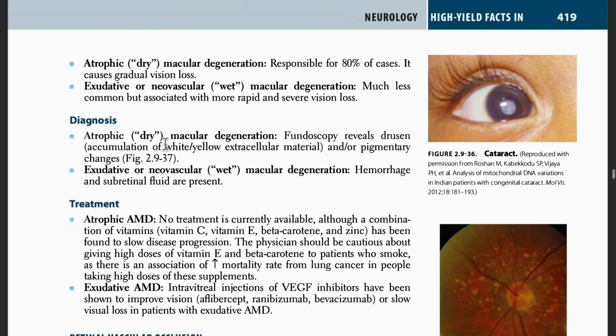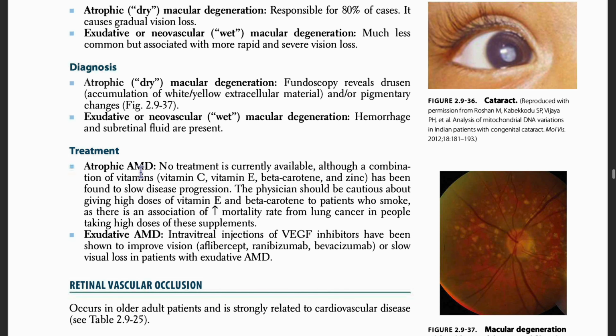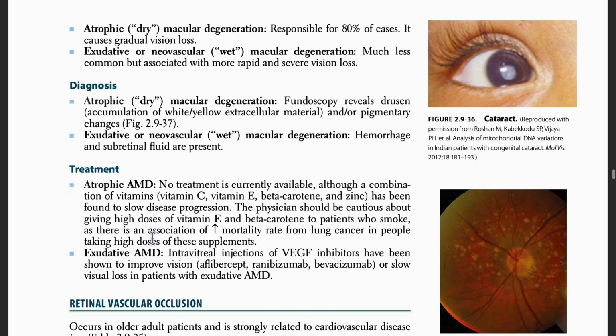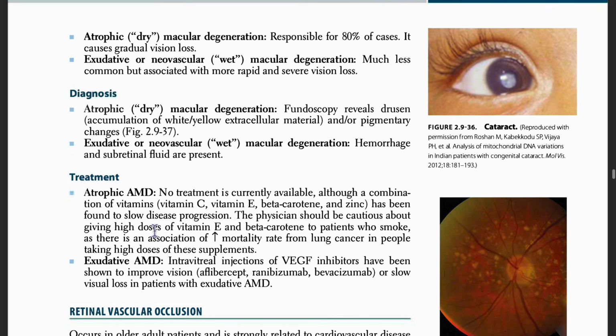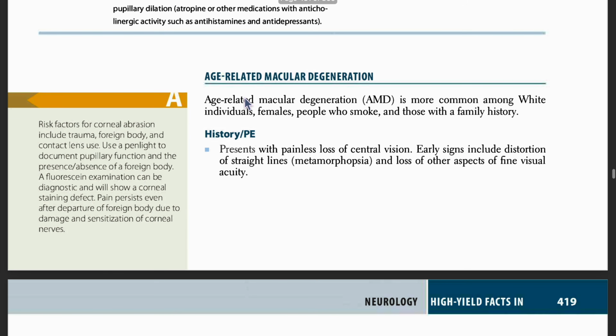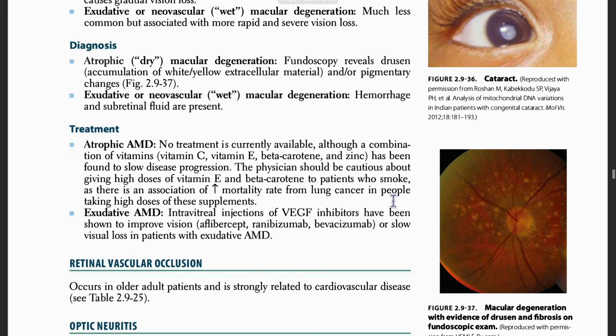Diagnosis: atrophic dry macular degeneration. Fundoscopy reveals drusen, accumulation of white yellow extracellular material, and or pigmentary changes. Exudative or neovascular wet macular degeneration: hemorrhage and subretinal fluid are present. Treatment here for atrophic AMD, age-related macular degeneration, right? Okay. Atrophic age-related